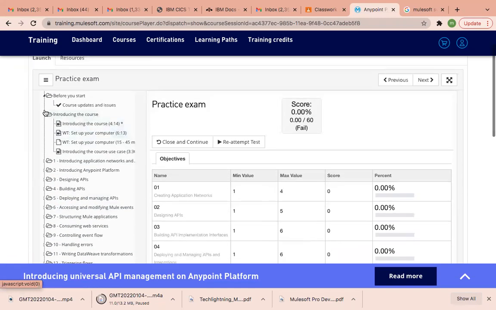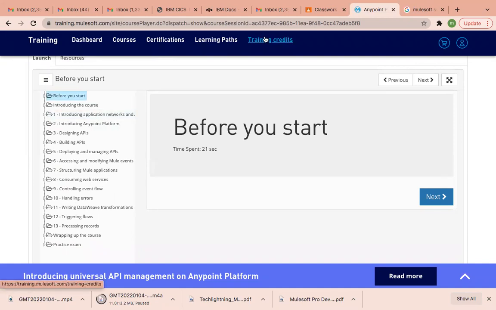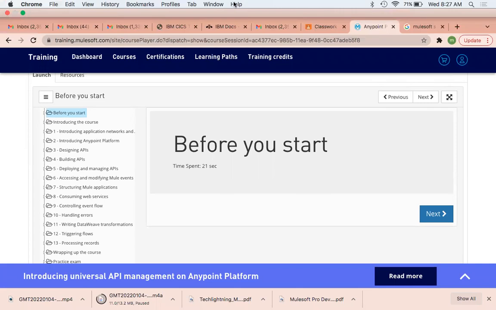I don't know how much time you are going to spend on the day. As soon as you get the voucher, immediately you can apply for the exam. Why? Because I have the most latest dumps so that you can easily clear the exam. Understood? So we need to complete this and get the voucher, then we are eligible to go for the exam. Correct.